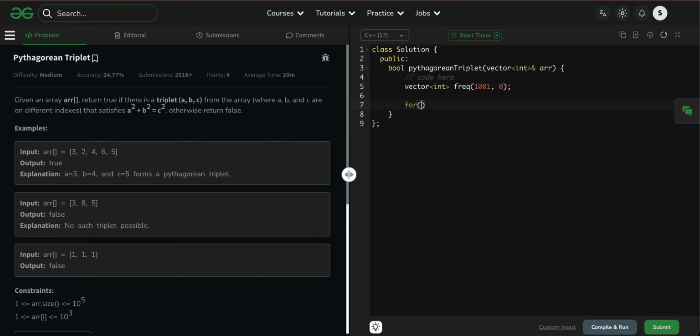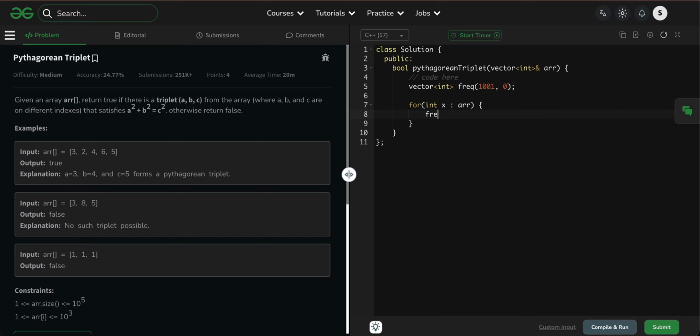Then for int x of array, frequency of x plus plus. Then for int a is equal to 1, a less than or equal to 1000, a plus plus, and if frequency of a is equal to 0,